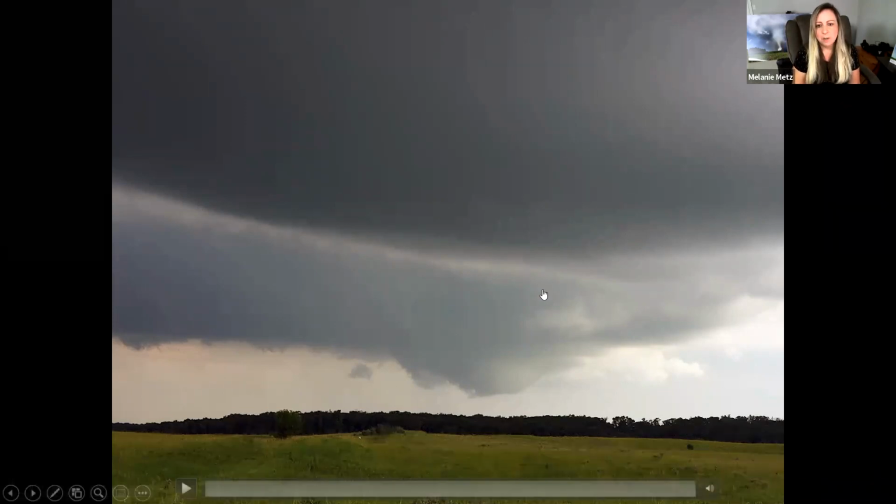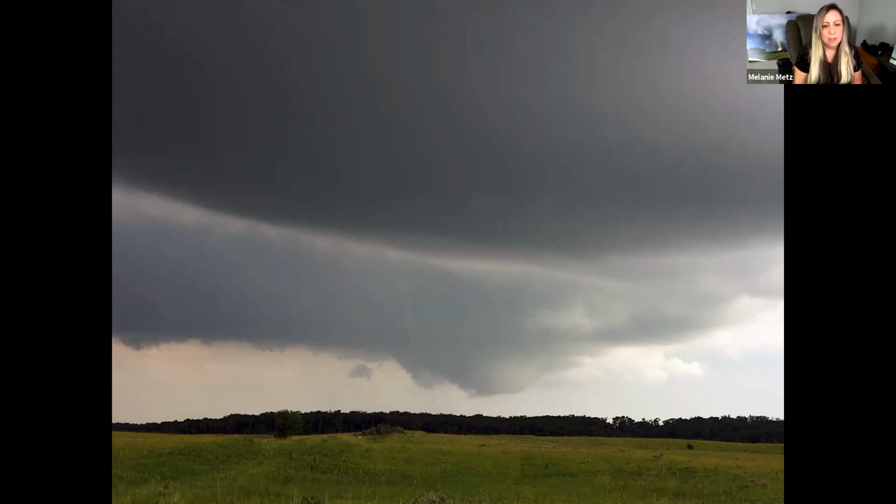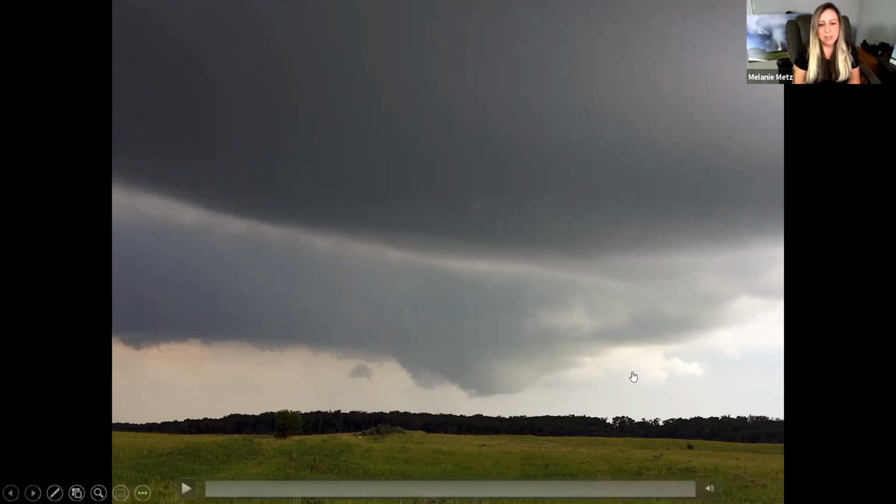And you can just see here, it doesn't look like a classic mothership supercell. Again, there was so much moisture in the air, low levels at least. Things weren't super clear, but you can see there's a nice wall cloud. This is to our south, so we're looking south from the north. And I actually posted a picture, and some other chasers recognized right away, wow, that's really got a nice bowl shape to it. I guess it does, but at first it didn't really stand out to me like the best looking wall cloud, but it's there. Right away, we've got this nice wall cloud developing.